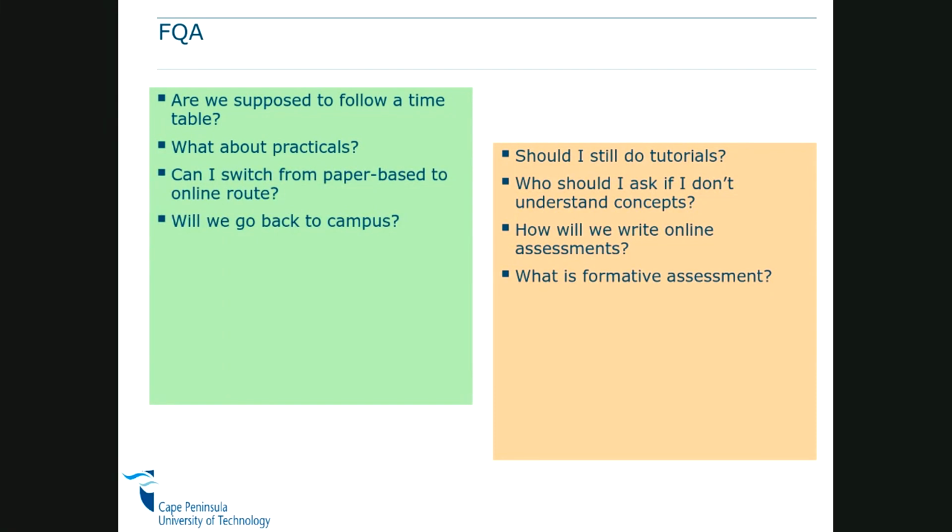Will we go back to campus? At this stage we are at level 3, and they said only 33% of the students can be allowed back, and the university is prioritizing exit level students, students who are doing 3rd and 4th years. So for us this year, unless we go back to level 1, there are no indications yet of whether we are going to go back to campus anytime soon, which is very sad, because I was looking forward to working with you guys.